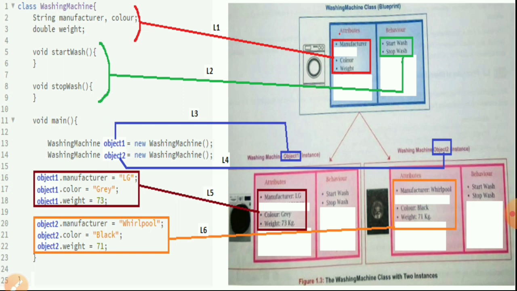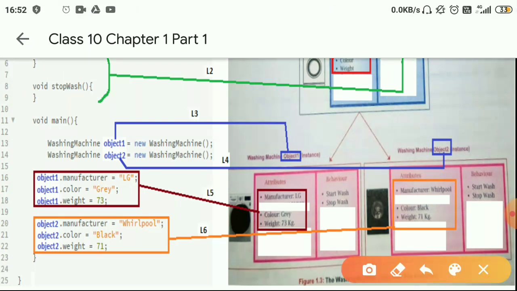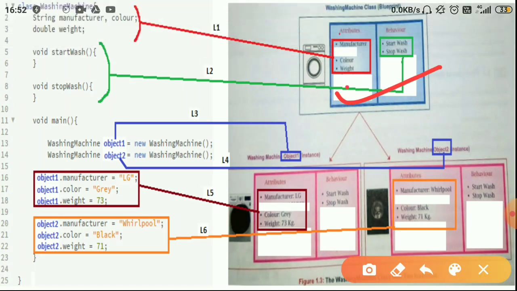Next, the washing machine which is shown above, the washing machine here, this is just a design. It's just a blueprint. That is why it is written here washing machine class.